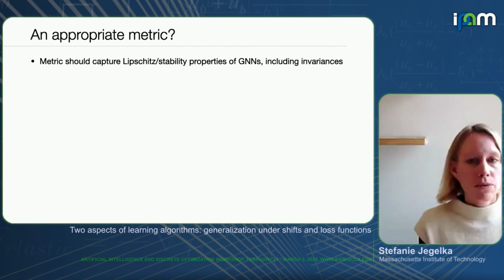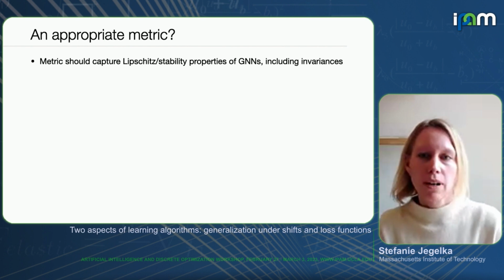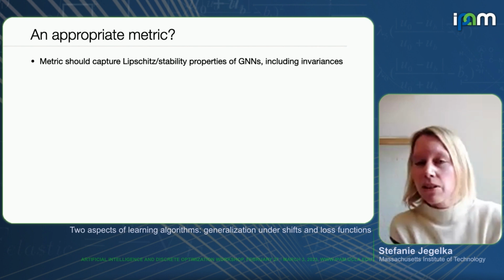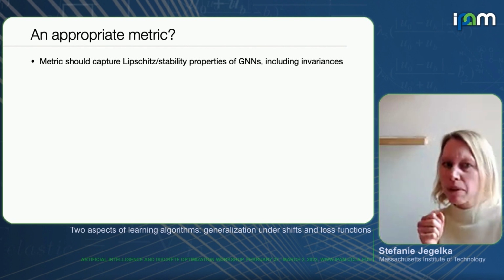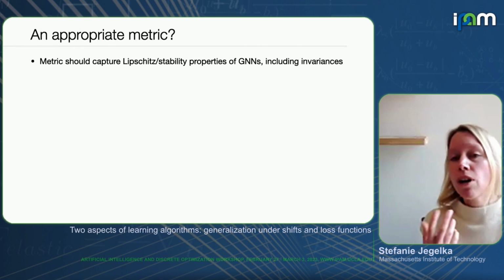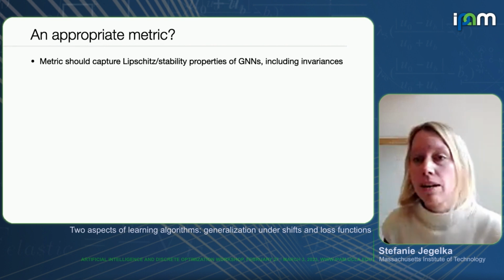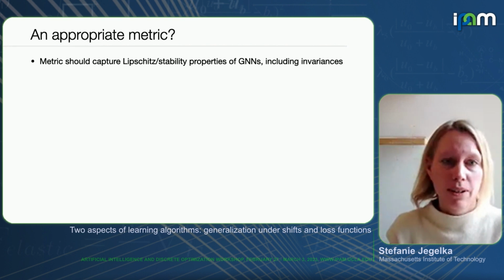So what would we want from this? Essentially, one thing is, of course, it should somehow correspond to, like, two graphs that are similar in the metric shouldn't lead to extreme changes in the outputs of the GraphNet. And what we also maybe want is that it includes the blind spots of the graph network. We'll call this the invariances here.